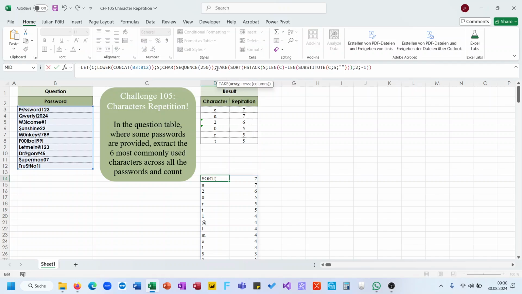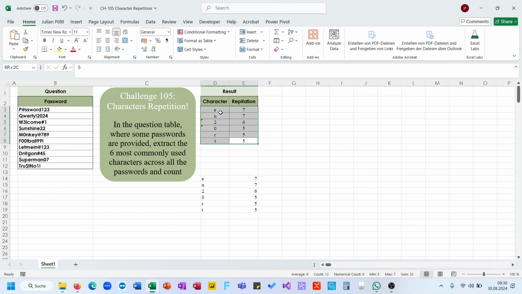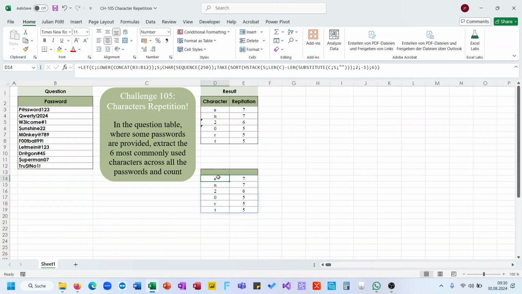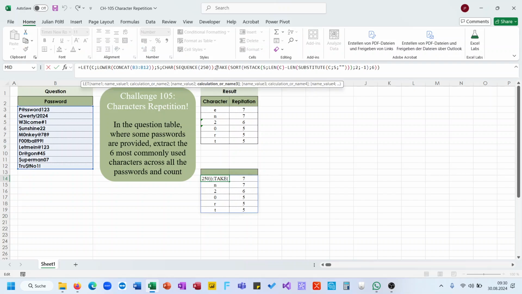Now I take only the first 6 rows, and you see it is the same as in the given example. Here everything the same. Now I could also add, for example, the header, so VSTACK, HSTACK,